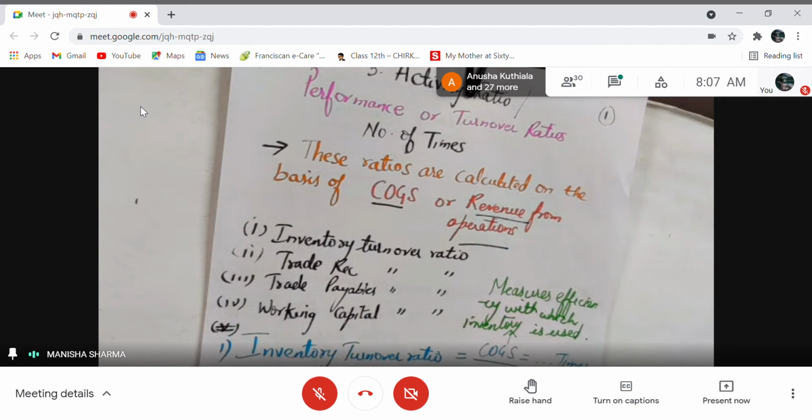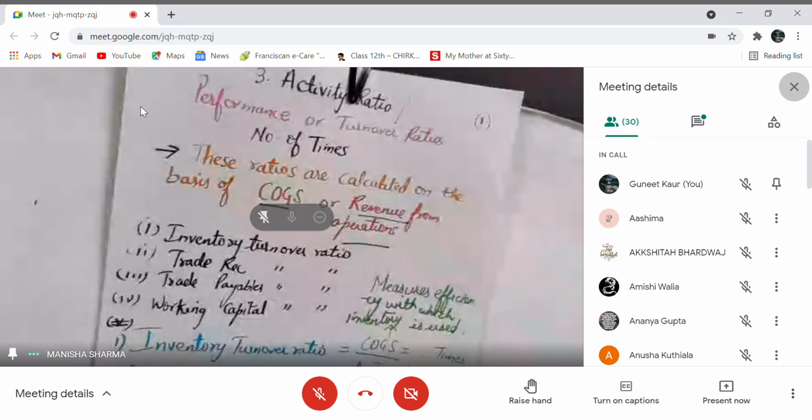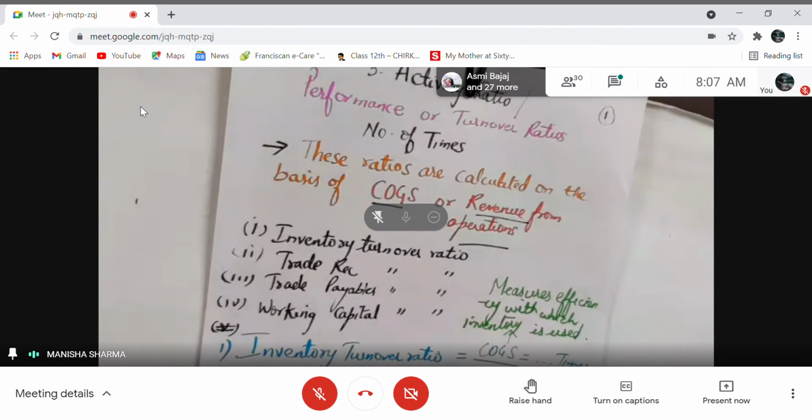What is revenue from operations? Can anyone tell me what this revenue from operations is, who has learned chapter 1 and gave the unit test sincerely? Who will answer? What is revenue from operations? Yes, net sales, sir. Net sales, right? So net sales, the other name in company accounts according to Schedule 3 of the Companies Act 2013. We used to use the word net sales last year in sole proprietorship accounts, or accounts of a sole proprietor.